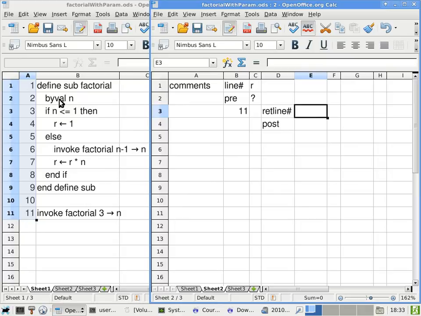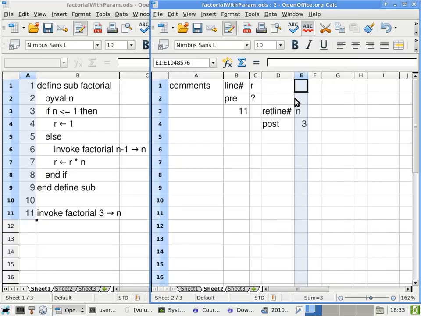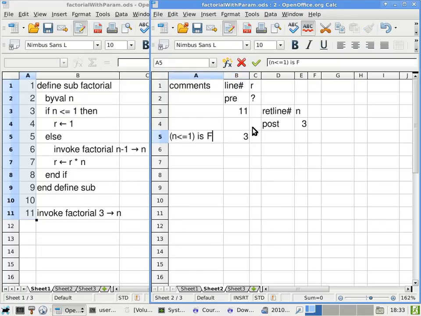So what should I do next? A Byval parameter is just like a local variable. So what should I do next? Allocate a new column, label it n, and what do I put here? 3. Very good. Good job. You guys are definitely getting the idea of how to use a Byval parameter. Then we are done with setting up the columns. We go into the subroutine. We go to line 3. Line 3 is asking whether n is less than or equal to n. Is false because n is 3